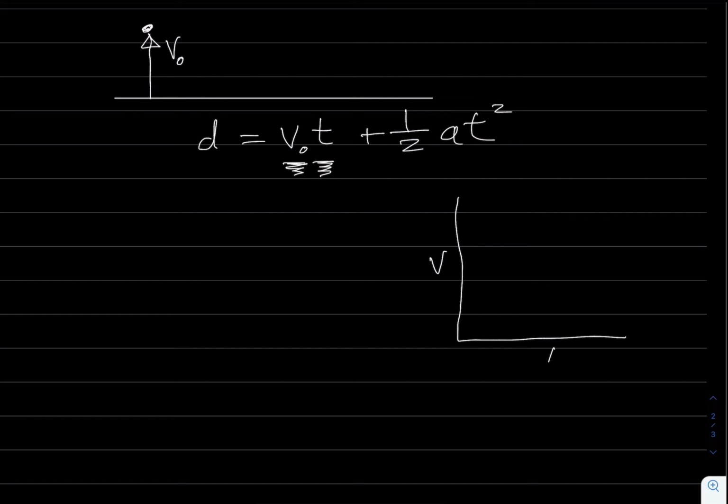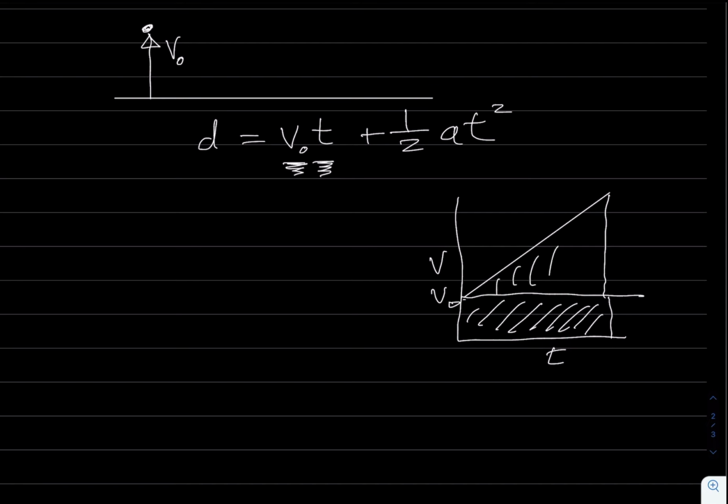Under the velocity time curve, this is v sub naught, and this is t. So this is the distance that the ball is traveling because it had an initial velocity, and the 1/2 at squared was the distance that it traveled because it had a velocity that was increasing at a certain acceleration beyond